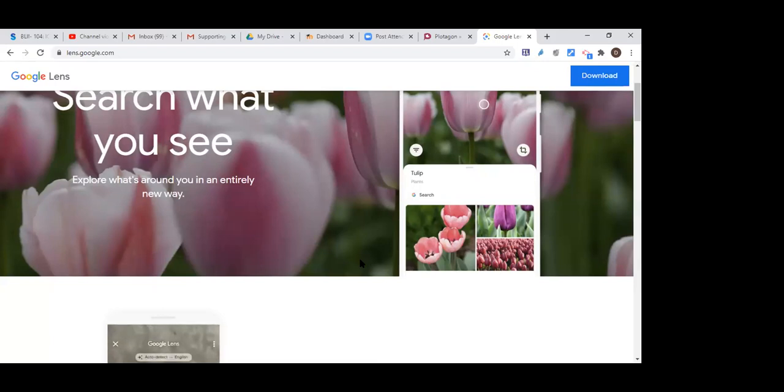So you can use Google Lens to translate the language. Or suppose you have one page and you need to convert this content into editable mode. Otherwise, one option is you have to type the whole content. Right. Otherwise, just use Google Lens. The next option is that text. Just click on the text. The whole content you can copy and mail to yourself, and within a second you will get the whole page content in your Word file in editable mode. It's a very wonderful app. Just try it.